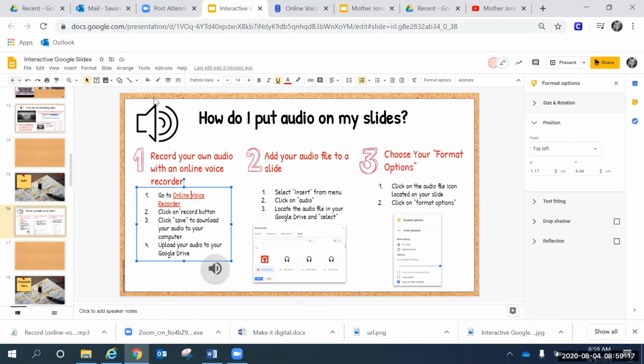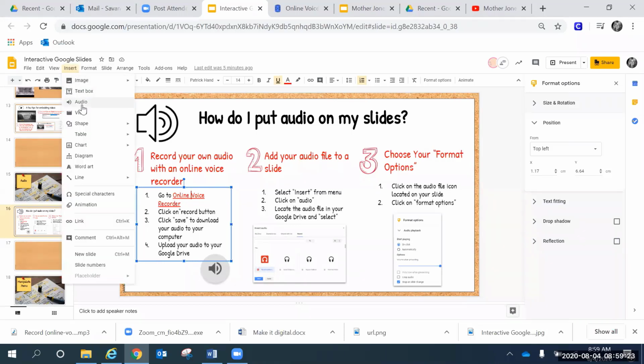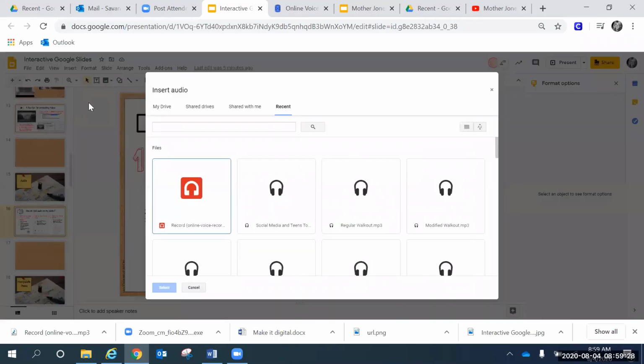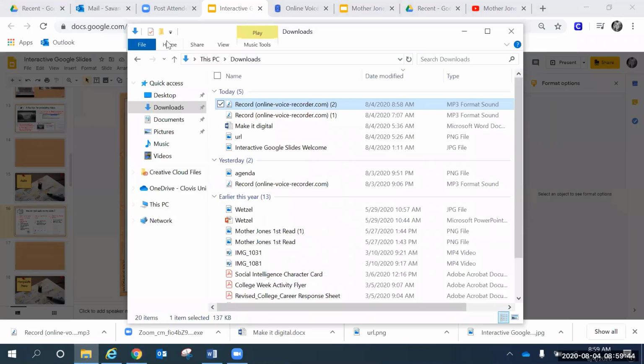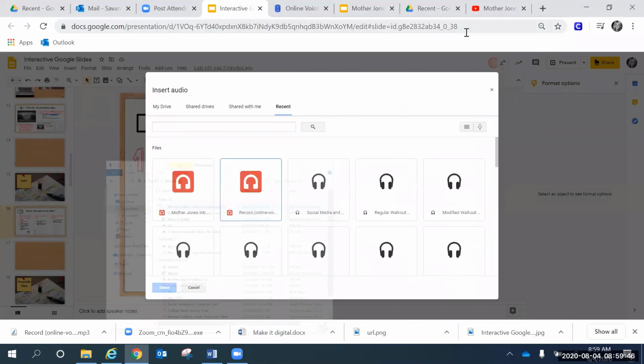So this is how you're going to do it. Again, that insert tab right there. And this time we've already done image, we've already done video, and now we're going to go to audio. Now, if you look at these options for inserting audio, my drive, shared drives, shared with me, recent, there's no my computer drive. So I wouldn't be able to get to this file folder down here. This is where the extra step comes in, because you must go to your drive,